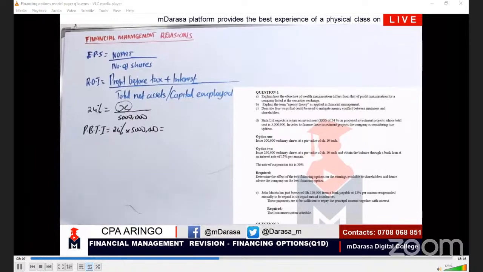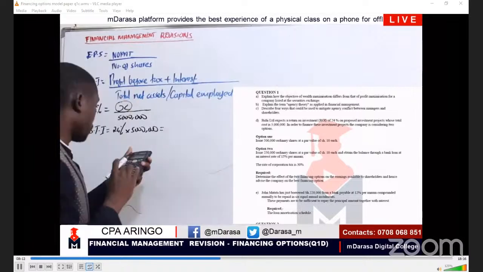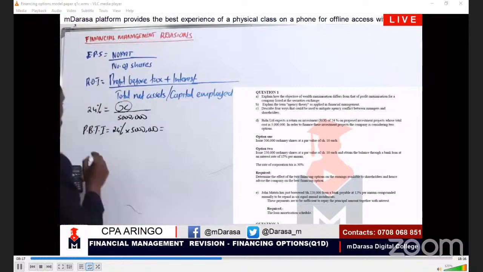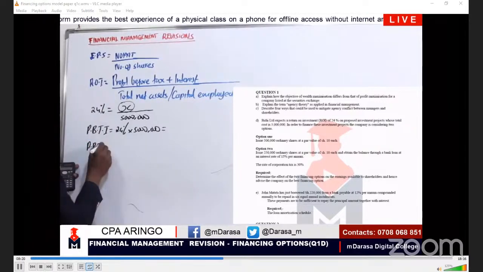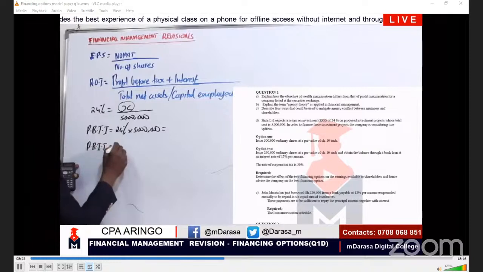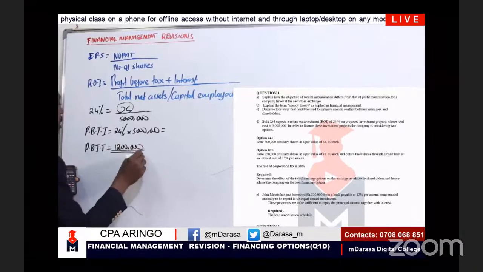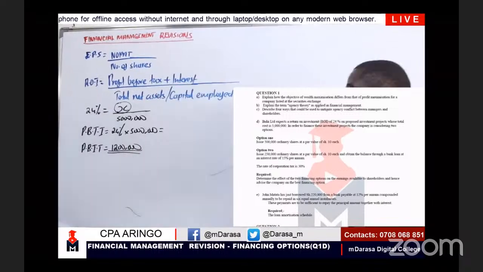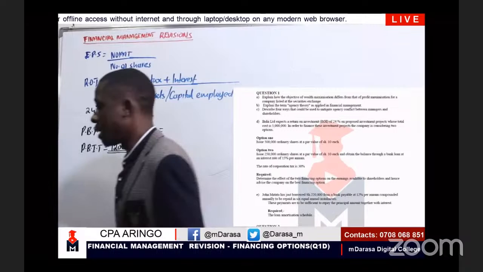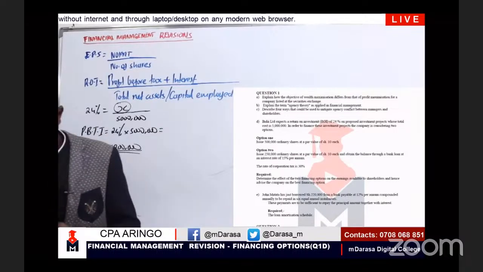I should be talking, of course, of 0.24 times 5 million. In this case, I'm talking of what? So we can agree and say that my profit before interest and tax, we are having a figure of 1.2 million. That is what Mwalimu is getting. So this is where our starting point should be, determining our profit before interest and tax.